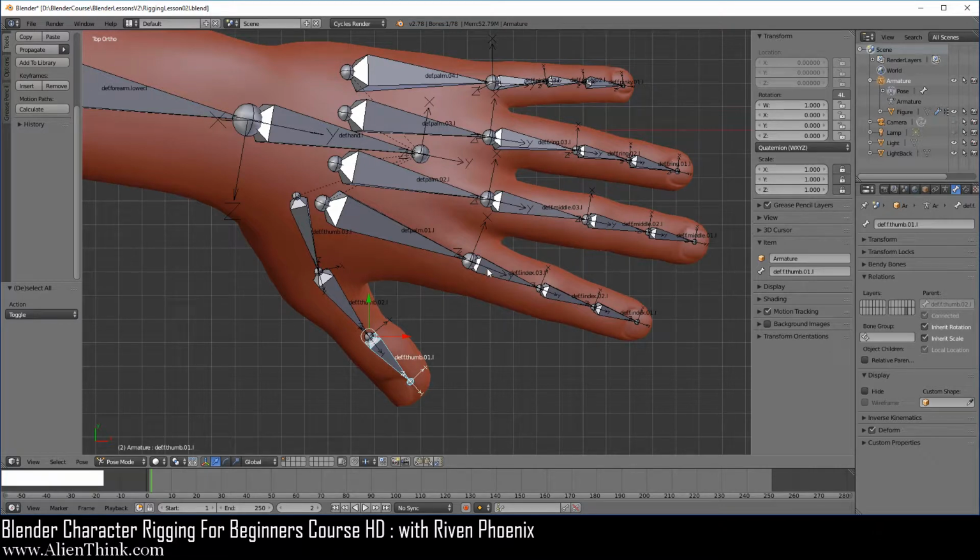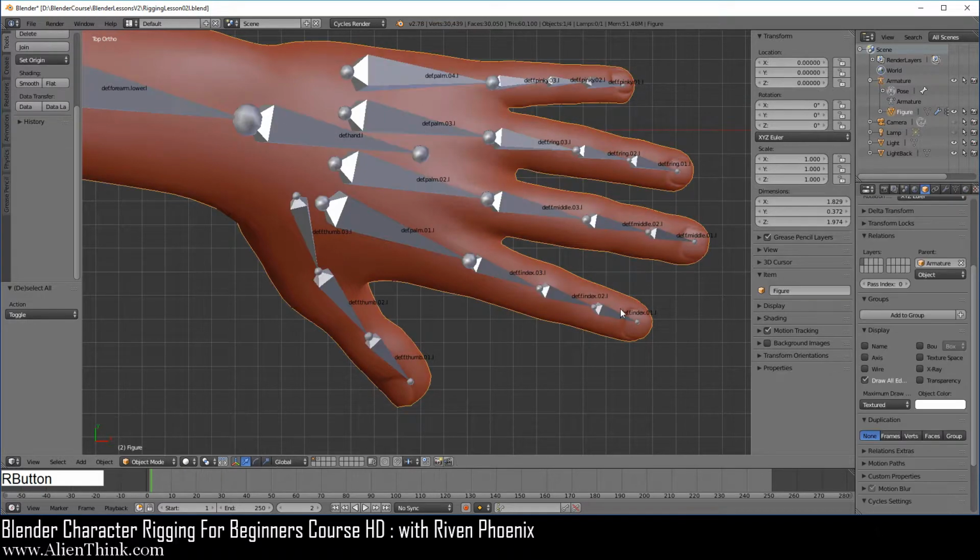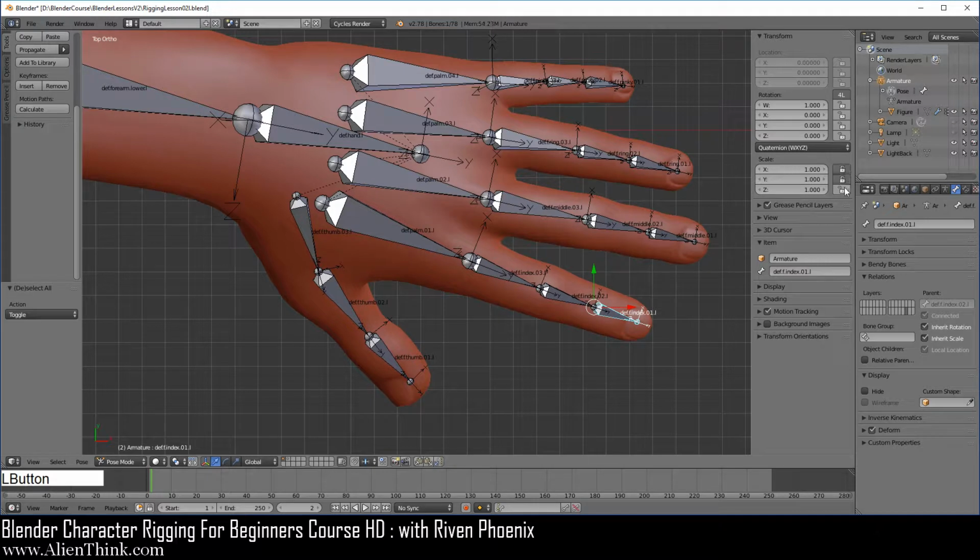Okay, now what we need to do is actually lock the scale on all of these bones. So I'm just going to quickly select all these and just go through that process. Okay, so that's all done.